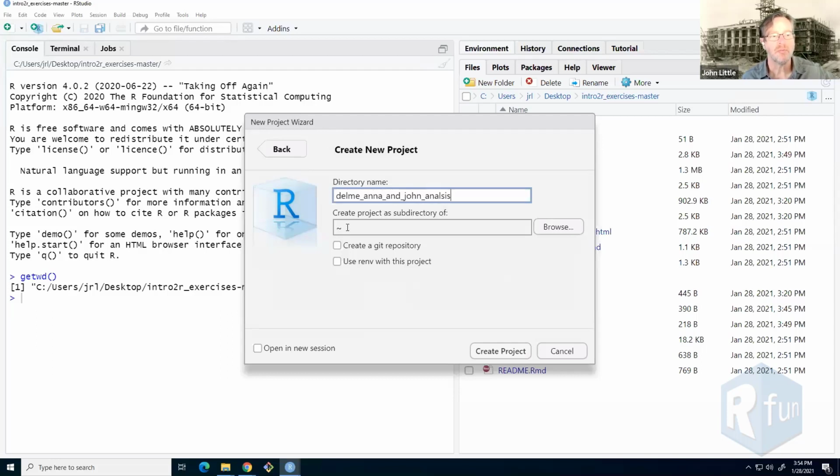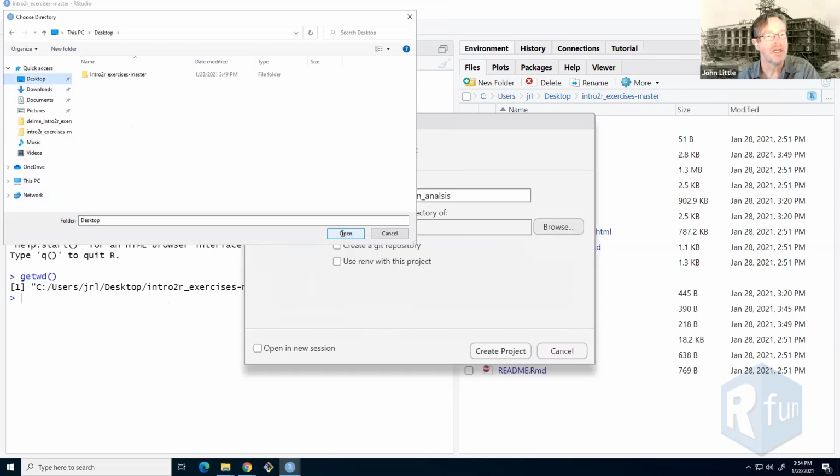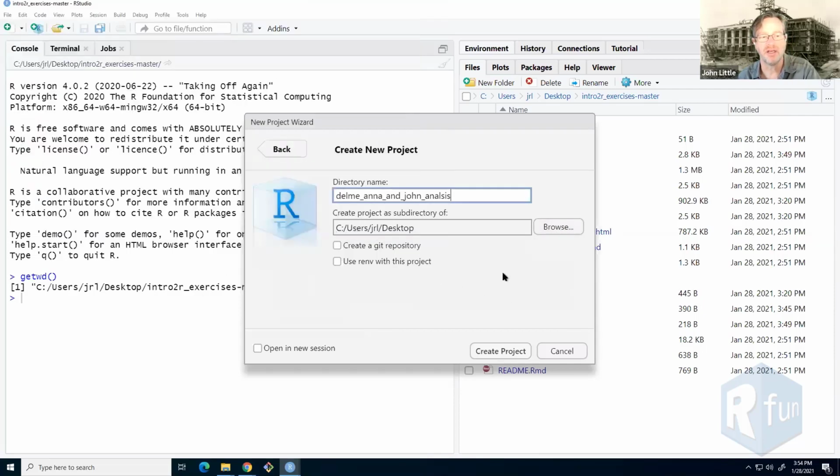Now, by default, it's putting it in wherever RStudio wants to stick all of my projects. And that's what that tilde means. That tilde means wherever you're sticking all your projects. But I could literally put it anywhere, right? So I'm going to put it on my desktop, again, like I did before. And that's going to change this, but that's just however you want to navigate your file system. And then when I click create project,